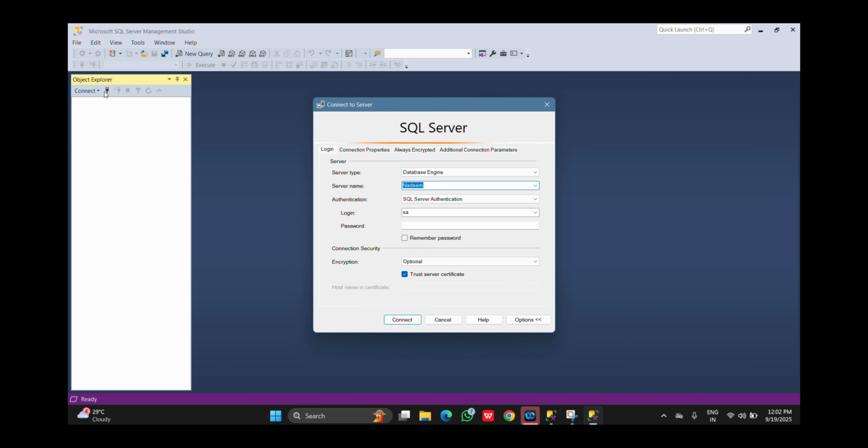I can simply enter 192.168.1.5, and through the IP I can directly connect. This is the second way, and the third way is